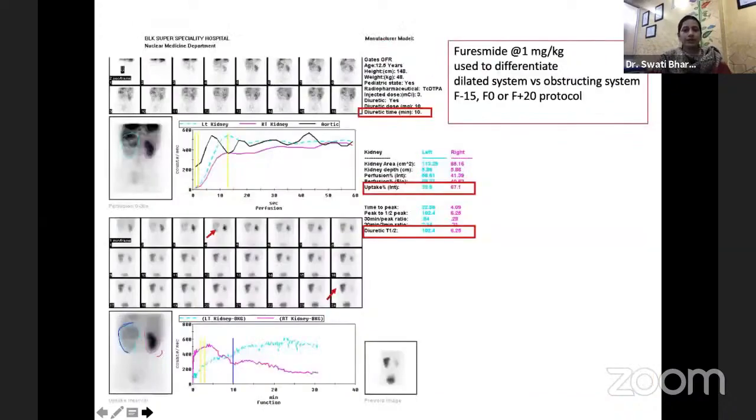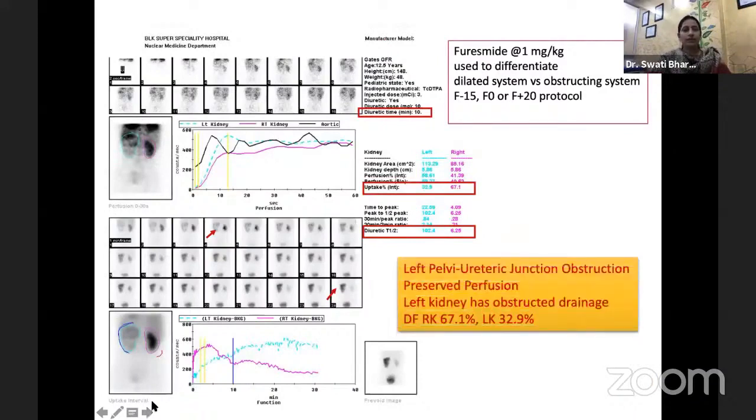So coming to the index patient with left pelviureteric junction obstruction, he also underwent a dynamic renal scan. Here we can see the uptake perfusion of the left and right kidney, the peak is almost simultaneous. But in the panel, you can see the left kidney brightens later as compared to the right kidney, and in the drainage panel, it holds the contrast for a longer time. The right kidney has already lost all the contrast, but the left kidney still continues to be bright.